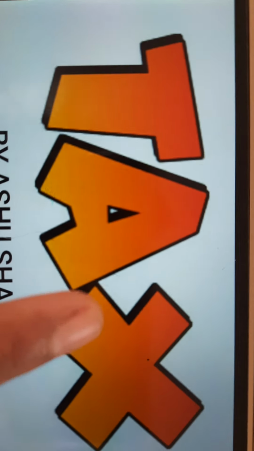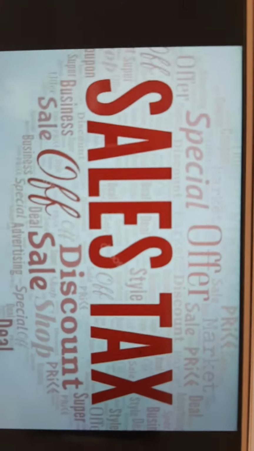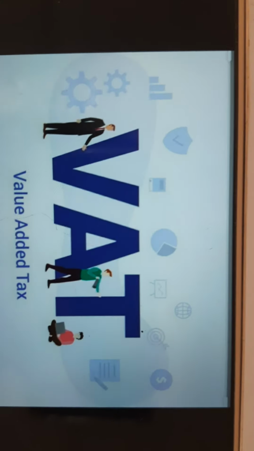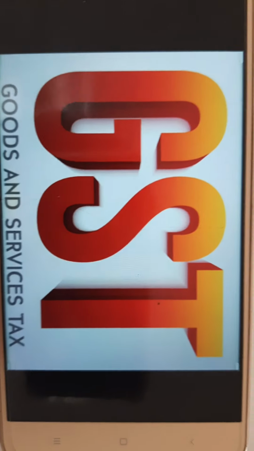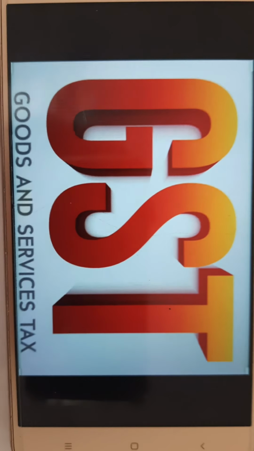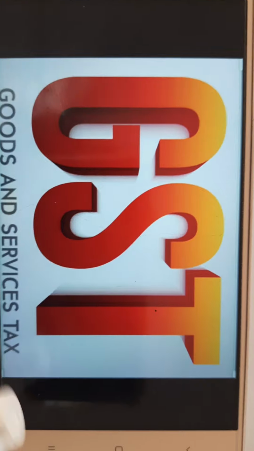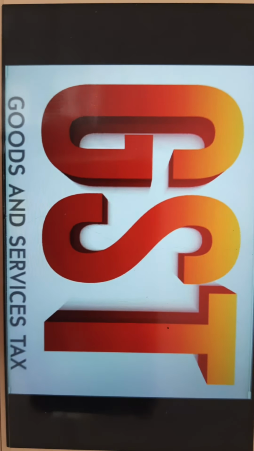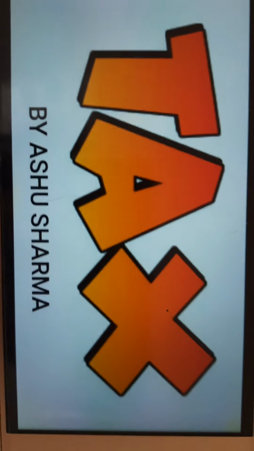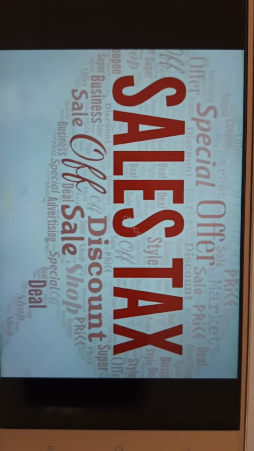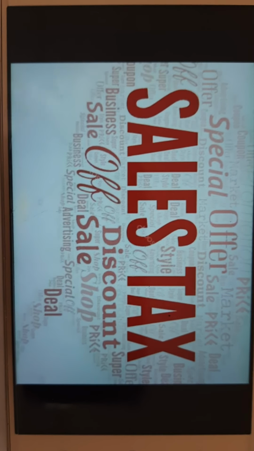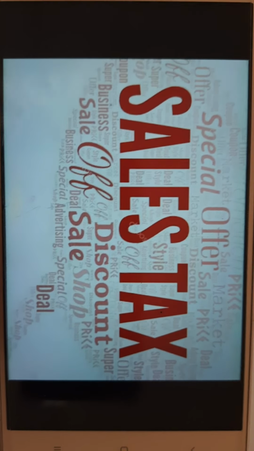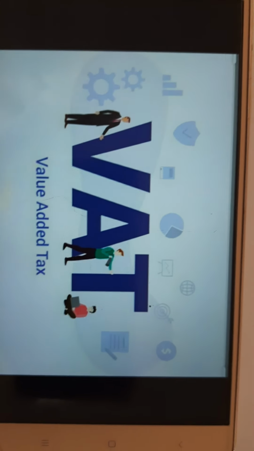In the previous years, we used to deal with sales tax, then VAT, which means value added tax, then GST. Nowadays, all the various taxes have been excluded. Now we pay GST, that is goods and service tax, on the various items. So dear students, what do we mean by these taxes? How do we calculate the amount to be paid after applying the sales tax or VAT or GST?